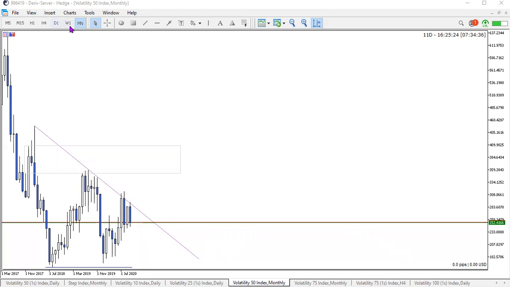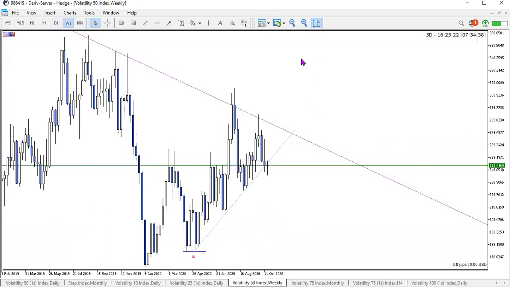So looking at the weekly chart, we can see even on the weekly chart as well that we've got this bit of a channel. Let's just get this one, right? We've got this bit of an upward channel that is playing out here. I haven't really put a line on that side, but it is basically a channel at the moment, or you can even put a line on there if you'd like. It's purely based on how you do your analysis.